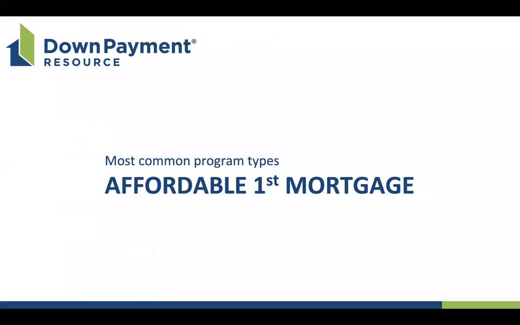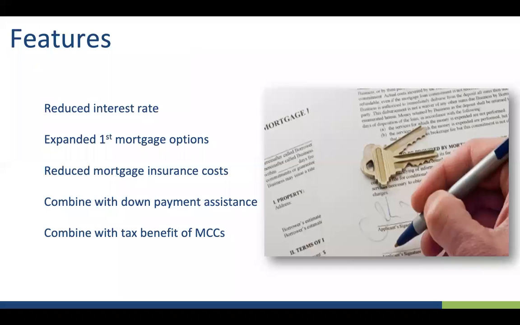Now, that was a quick overview. Well, maybe not so quick, but that was an overview of the most common type of homebuyer assistance, which was down payment assistance. Now, there are other forms of help for homebuyers out there. Affordable first mortgage programs typically come from the state housing finance agency. Let's dive into that and look at how these programs can be coupled with down payment assistance. So some of the most common features of these affordable first mortgage programs could be reduced interest rates,